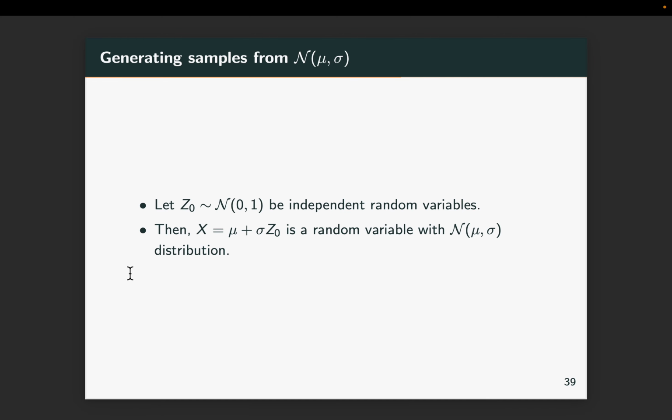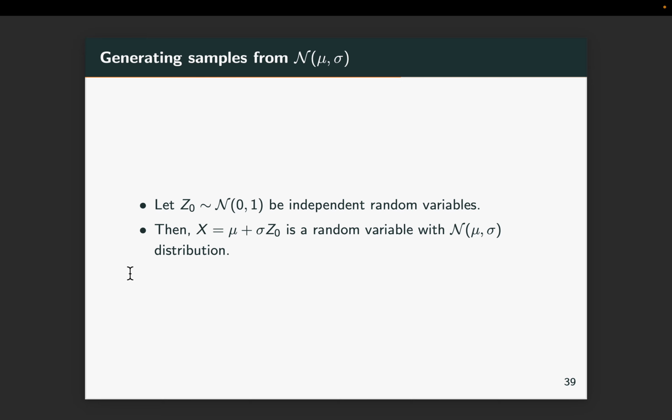Right. So if you see now, we are incrementally building all the tools. We know how to get samples from the uniform distribution. Using the uniform distribution, if we know the CDF of any distribution, we can figure it out through inverse CDF sampling. We can get the samples from any particular distribution whose CDF we know. We said that the normal distribution is a very important distribution, so we can also get samples from normal 0, 1. If we get samples from normal 0, 1, we can also get samples from normal mu and sigma, right,